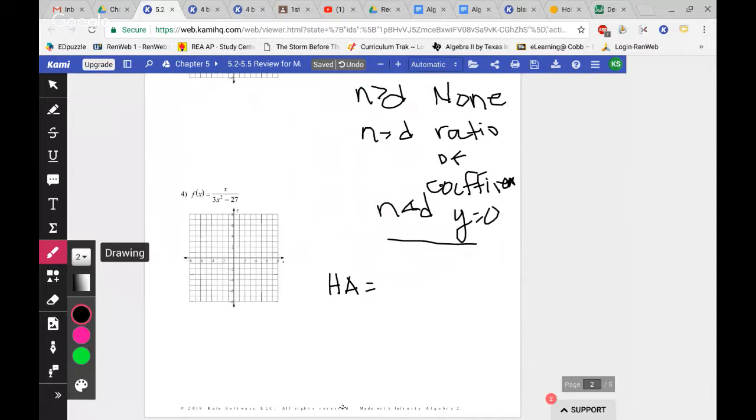They're saying 0. Good job. So now we've got our horizontal asymptote and it falls at 0. So y equals 0, which would just be along there. Now, for our vertical asymptotes, you want to factor the denominator. So that would look like,